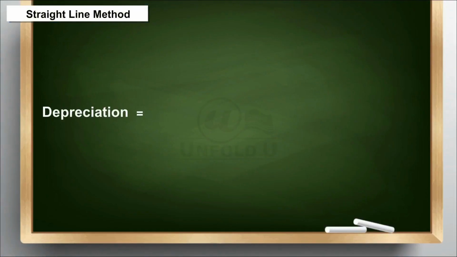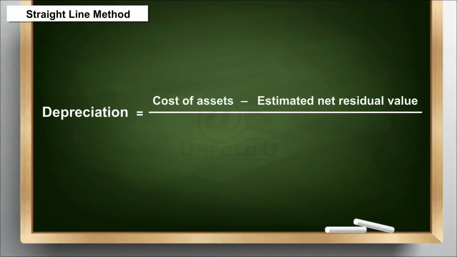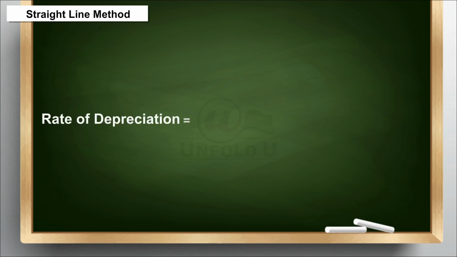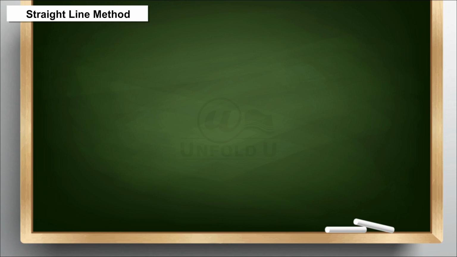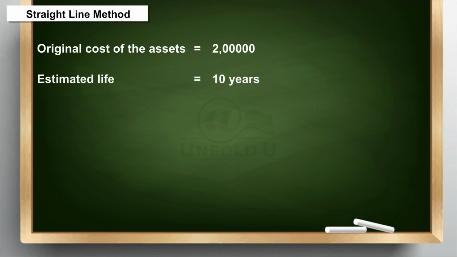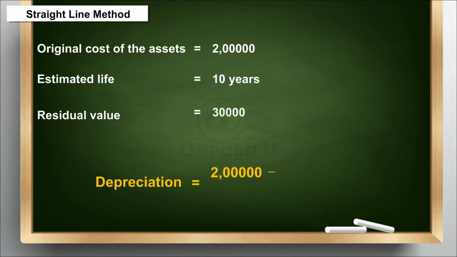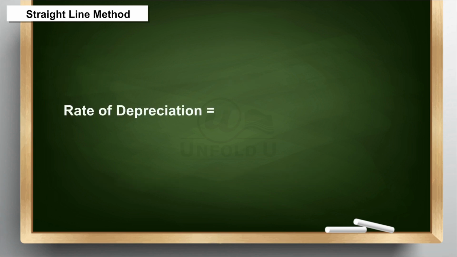Formula to calculate depreciation under this method, and formula to calculate rate of depreciation. Let us take an example. Suppose the original cost of the asset is 2 lakh and estimated life is 10 years. The residual value is estimated to be 30,000. The depreciation would be calculated as follows, and the rate of depreciation would be